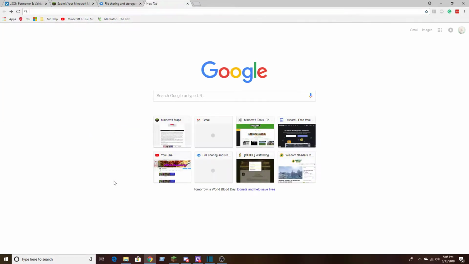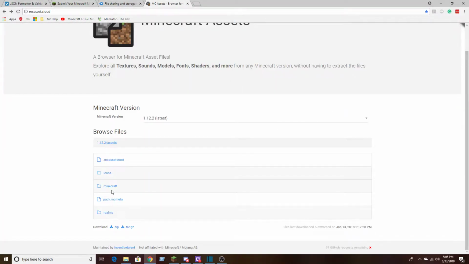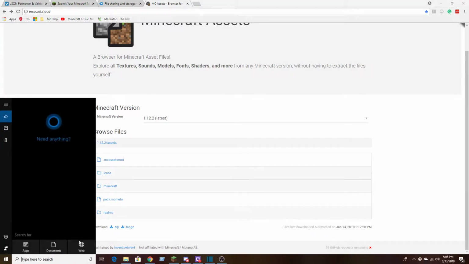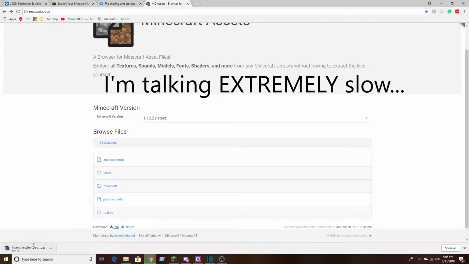Okay, much better. This should work now. So, what I'm saying is you should click the download.zip archive, not the tar.gz. That is for if you're making mods or something else with something like Eclipse. So you want to click download a .zip, and